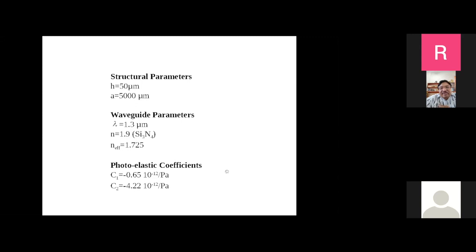So these are some of the parameters that we have used. At that time, there were no software tools, and we were also targeting fabrication. So we have chosen big structures, say 5 millimeters is the size of the diaphragm. In fact, we would like to have a long waveguide. That's why we made the diaphragm longer, and the corresponding pressure values are typically of the orders of kilopascals or even up to megapascals. We have chosen silicon and silicon nitride as a system, so the corresponding properties will be important, and you have to take the corresponding elastic coefficients. Okay. Let us go to another slide.